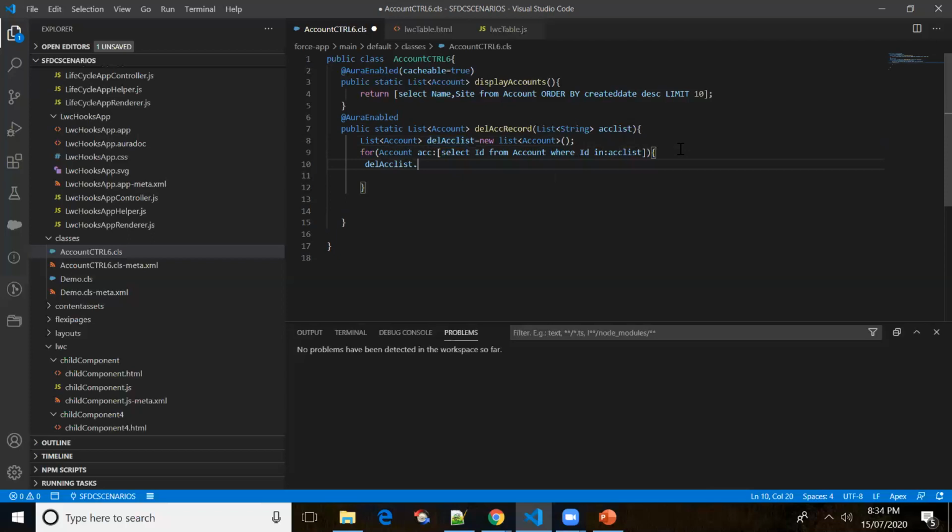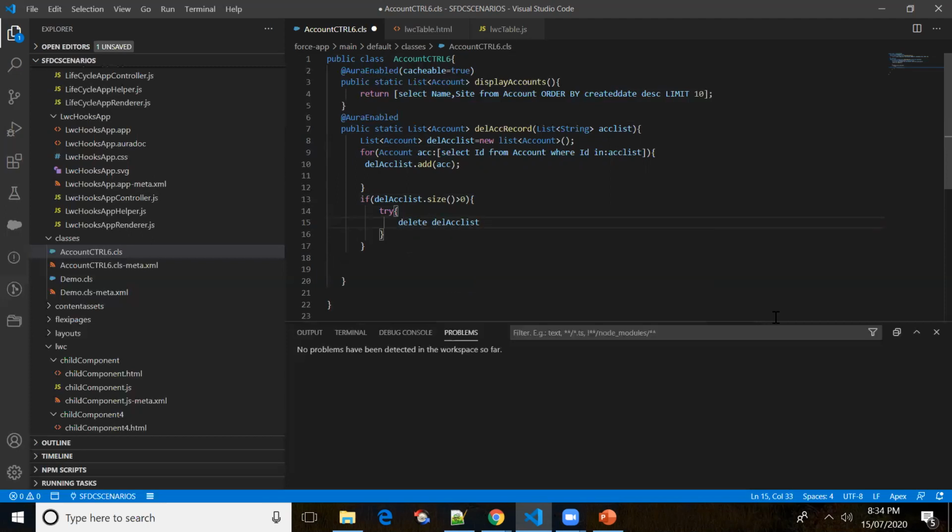If the records are present, I'm adding one condition here: if list size is greater than 0, meaning there are records present in the list, then I'll be deleting the records.